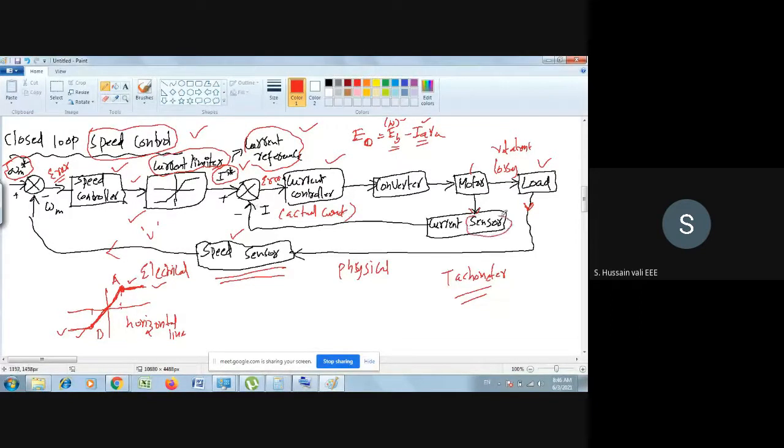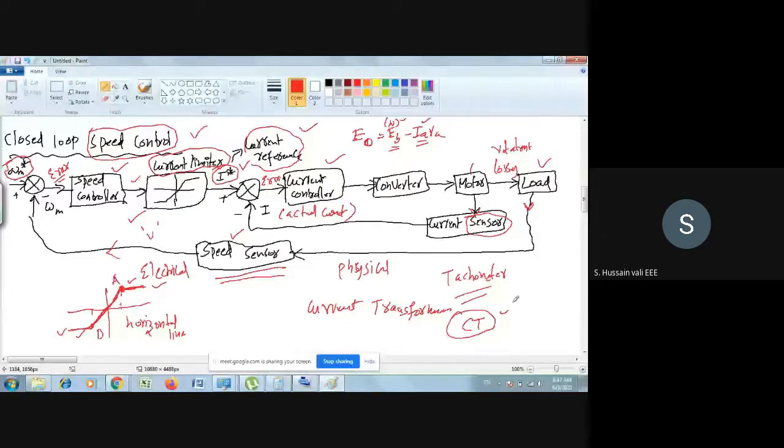So the sensor will sense the current. Even current transformers are there, which you call CT. I'm sure that you might have seen this CT also.